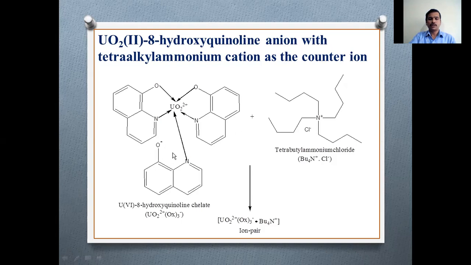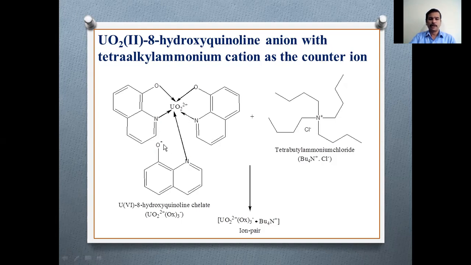I don't bother about that reason because in order to form a stable complex, the octet rule must be satisfied. And once the complex attains stability, there is no more coordination possible. That is the reason here. So the oxinate anion is the species which is left over and which is carrying the negative charge. And this is aqueous soluble, but if we wanted to extract this into the organic phase, we have to neutralize this negative charge. How to do this?